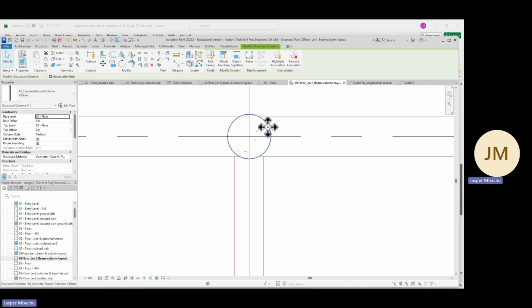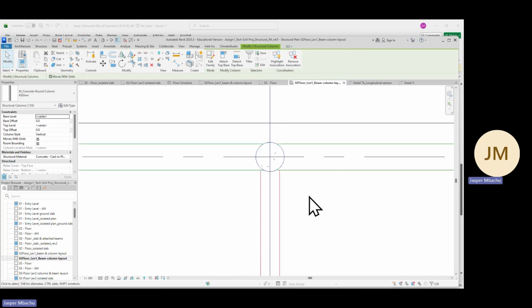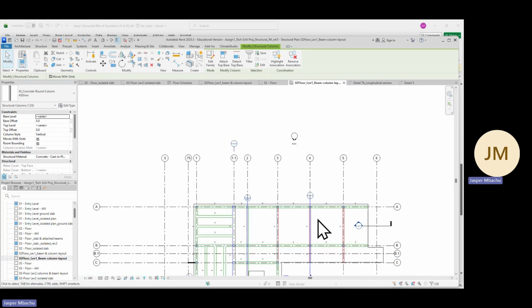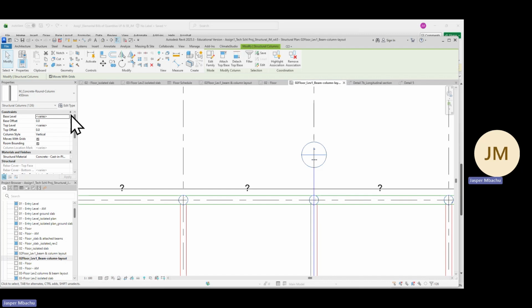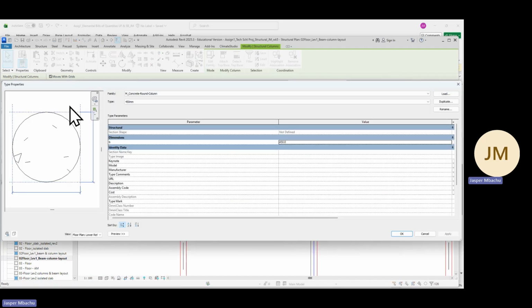Okay. If you click on it and you see some round column, then right click and say select all instances in view. So all of them will be selected because there is only one type of column there. And with those columns selected, you go to edit type. The type is 450, duplicate and say,